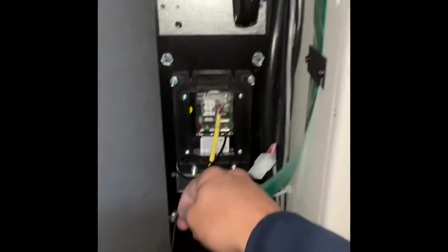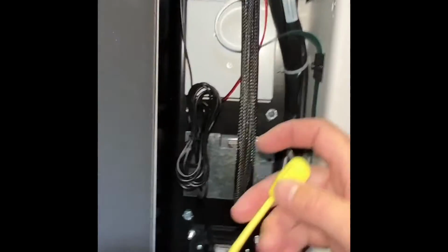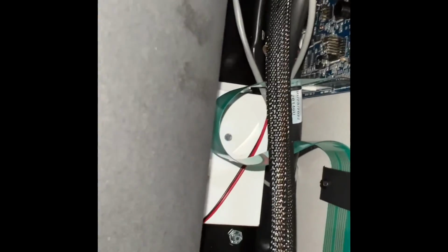Then I'm going to take this antenna, I'm just going to pull it up a ways, and it's magnetic. Just stick it to the wall. Then I'm going to take this pulse cable and I'm going to plug this into here, into this black slot,